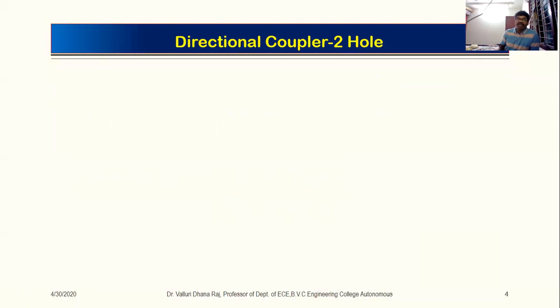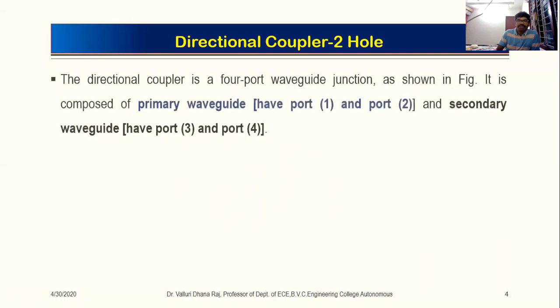magic ring. Coming to the next component, that is directional coupler. There are single hole directional couplers, which are also known as Bethe hole directional coupler, and 2 hole directional couplers are also there. We are going to see both, and we are going to evaluate the scattering matrix for the 2 hole directional coupler through its operation.